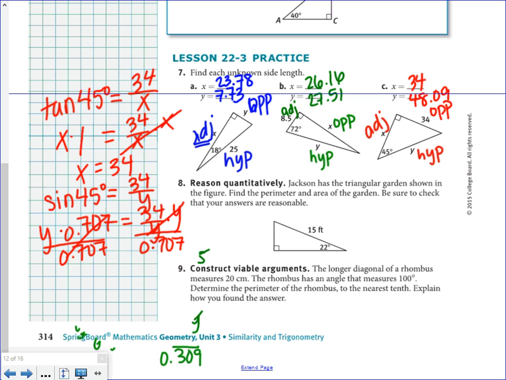48.09. Now, some of you may have noticed at the beginning, this is a 45-45-90 degree triangle. And we can use what we learned in a few lessons back for this triangle. These legs are the same. So this is 34 and this is 34. And then how do you find your hypotenuse? The leg times the square root of 2. So 34 times the square root of 2. And if you check 34 times the square root of 2, it's 48.083. So we rounded a little bit, so we got a little bit off on what we put, but basically